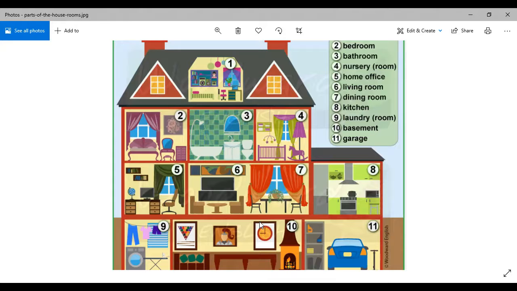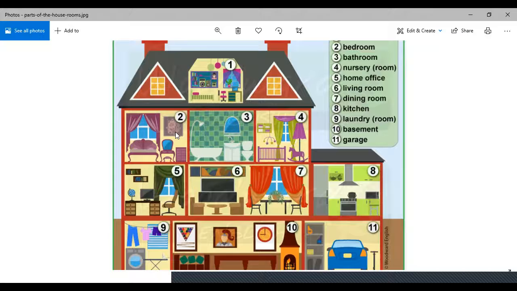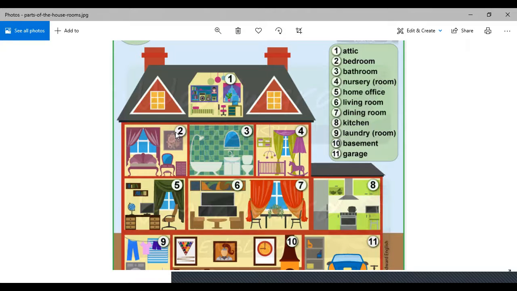And then, last but not least, is the garage, or we can call it the porch area as well, where we park our cars, motorbikes, kids' cycles, etc. So these are the 11 vocabulary terms that are associated with a house, and the distinctions that we have made within a house, right?